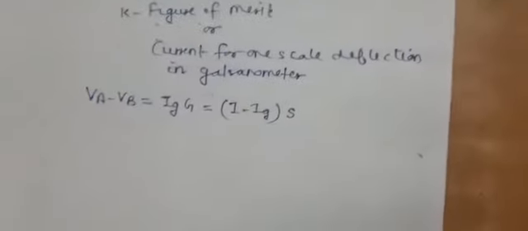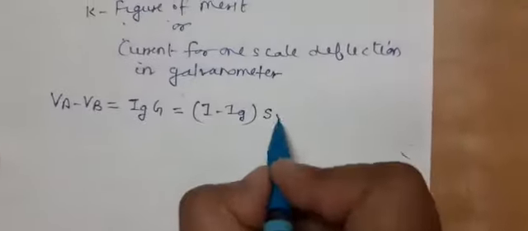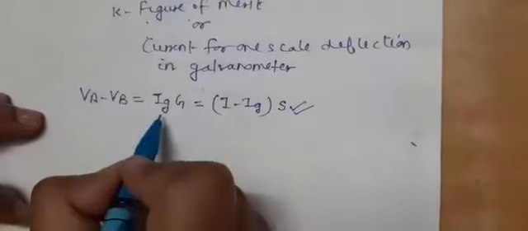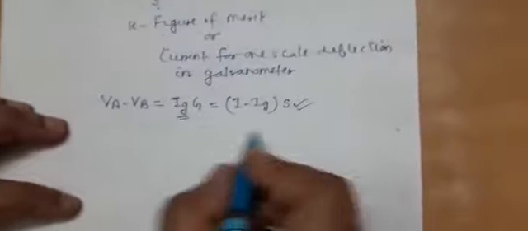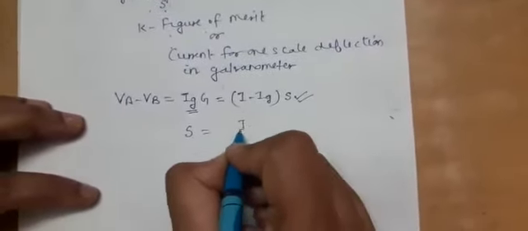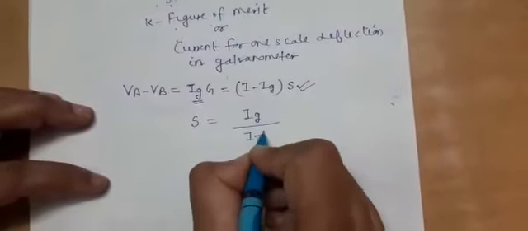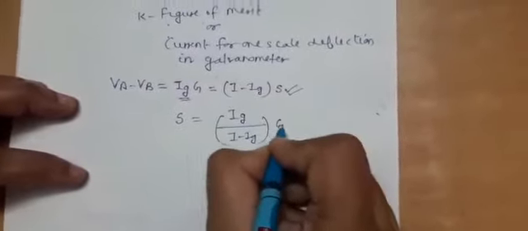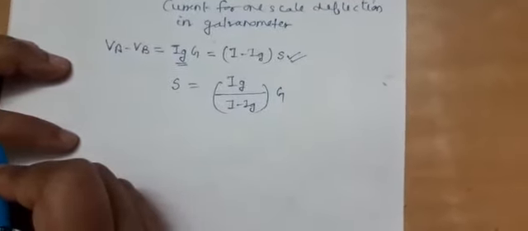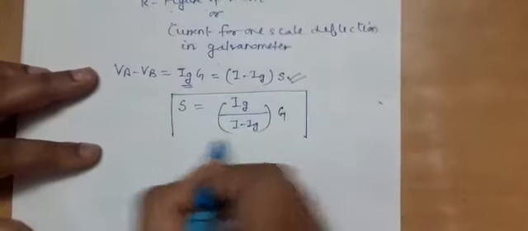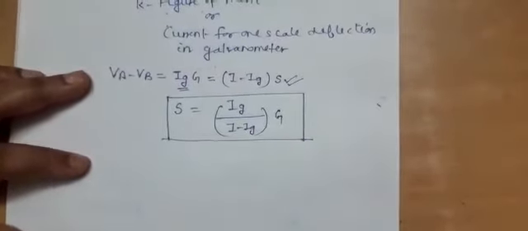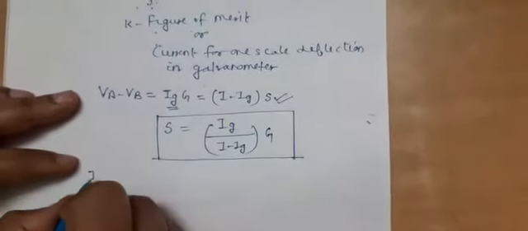Now from here we get two pieces of information. First, we calculate the value of the shunt resistance. Second, we will calculate the value of the current flowing through the galvanometer. So here the shunt resistance comes out to be S equals Ig upon I minus Ig, into G. Right? This is the value of the resistance which should be connected in parallel with the galvanometer, where Ig is